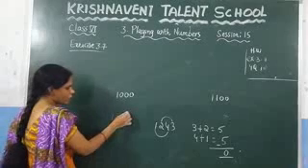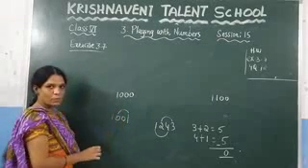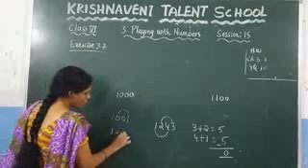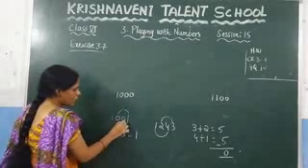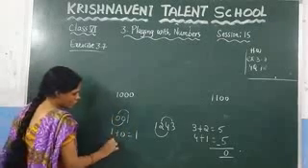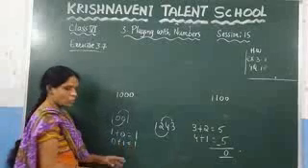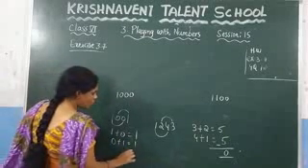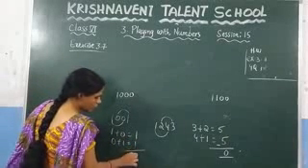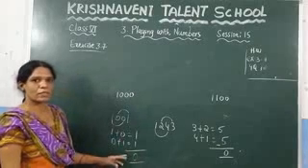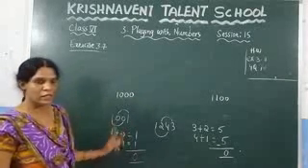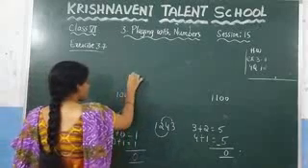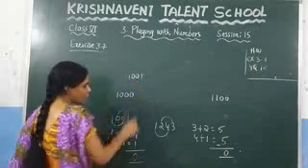So what is the divisibility rule? You need to add the sum of the odd digits. Here, what is the sum of the odd digits? 1 plus 0, which is 1. And add the sum of the even digits. What will be here? Again 0 plus 1, which is 1. And after subtracting, what are you getting here? 0. Since the divisibility rule is satisfied here, we can say that this number is divisible by 11. So write it here, 1001.